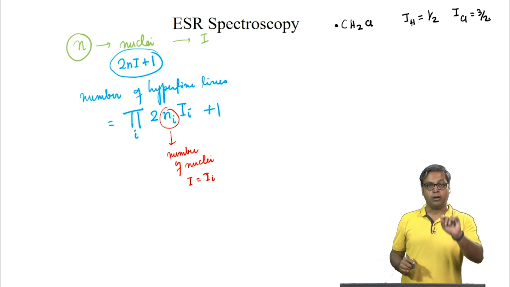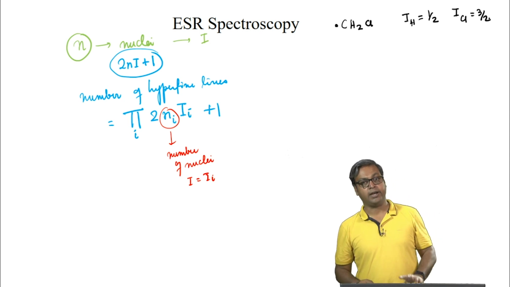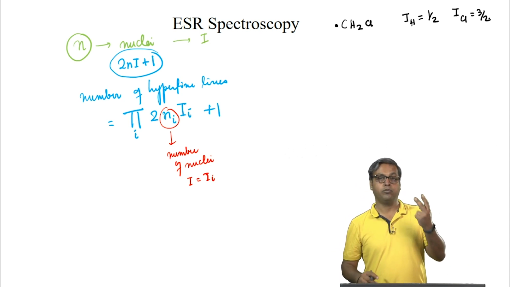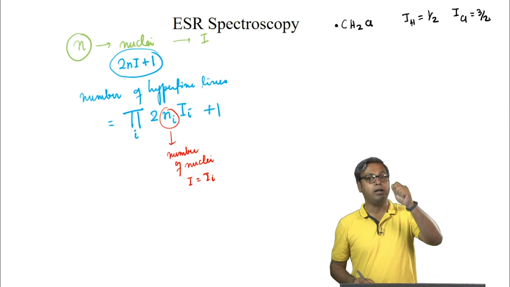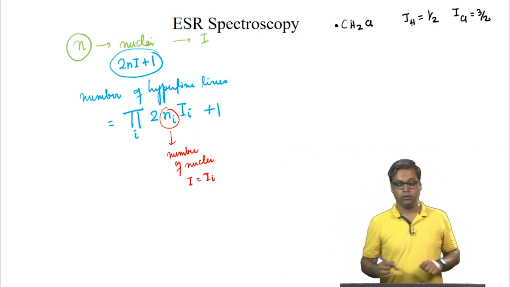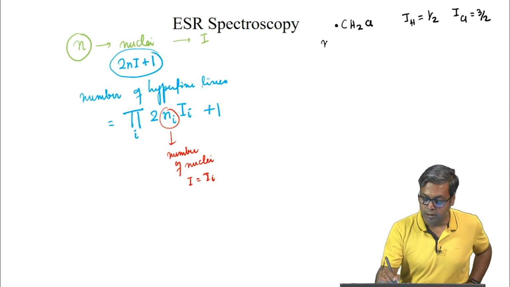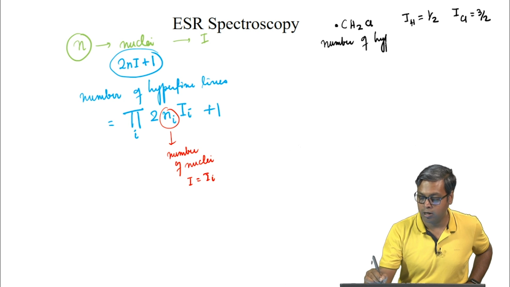So, the unpaired electron will interact with 2 protons where I equals half, and 1 chlorine where I equals 3 by 2. If I want to find the number of hyperfine lines